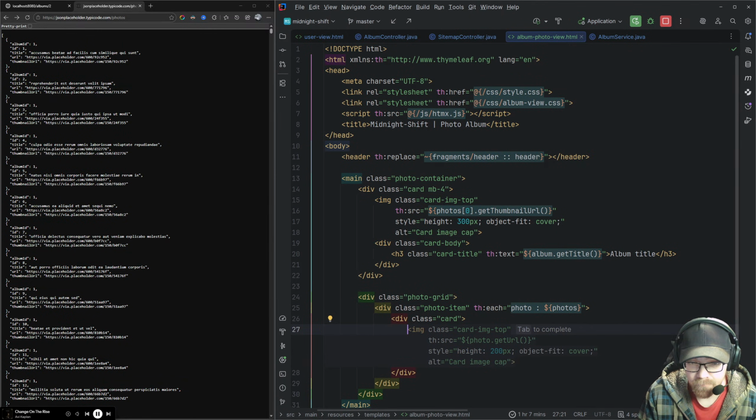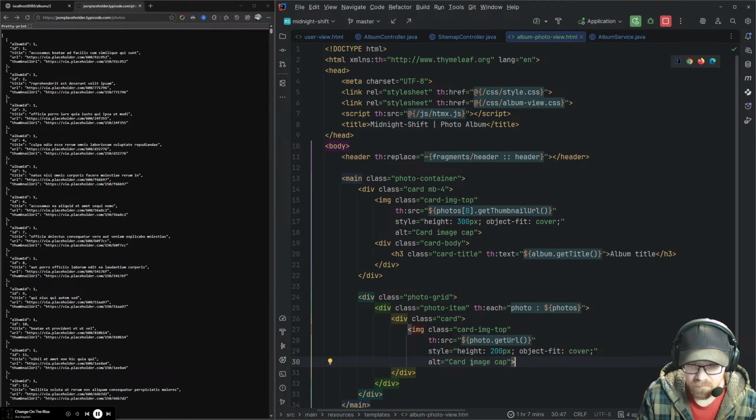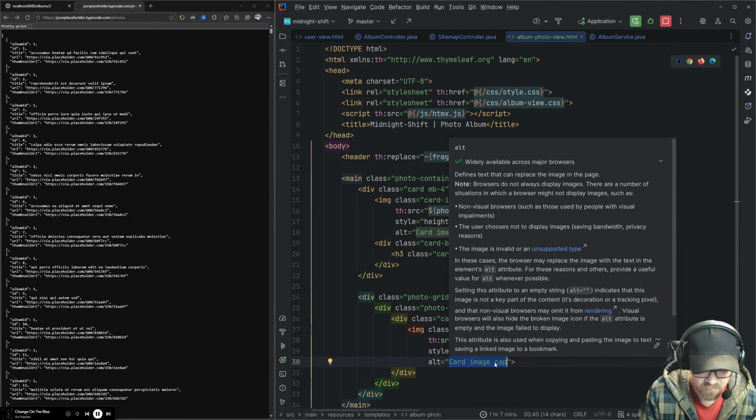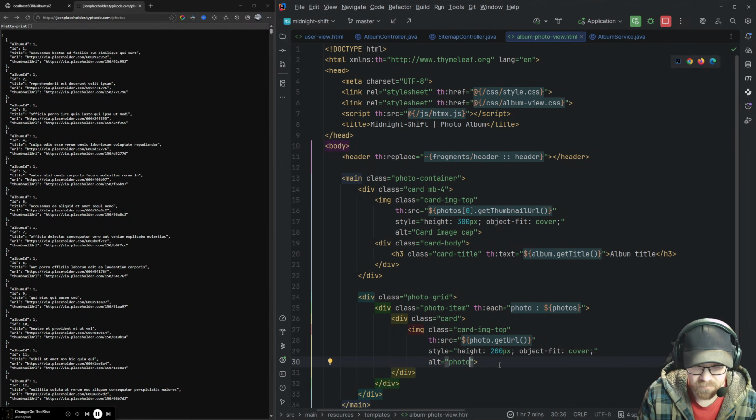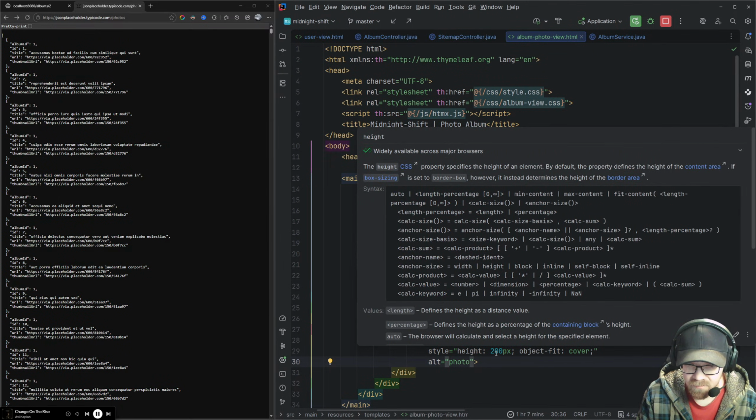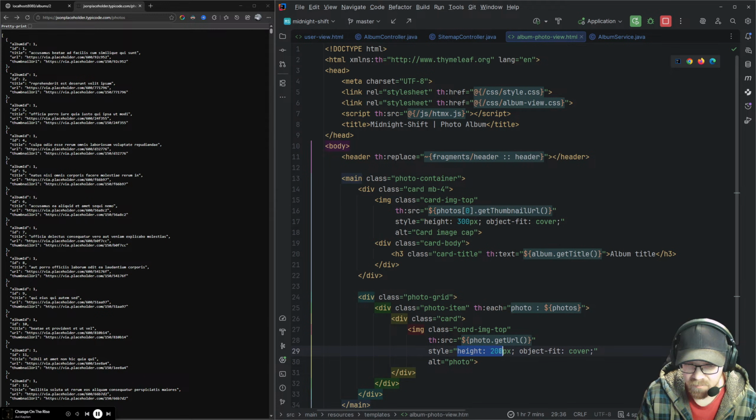Kind of card image top. This is just going to be photo because that's basically all it is. I think I just want this to be object fit.